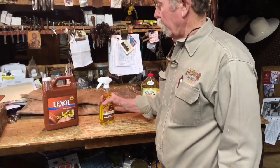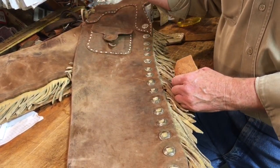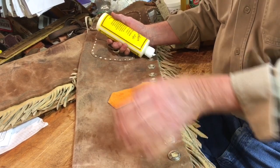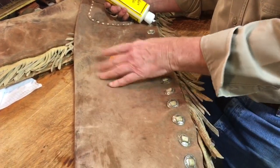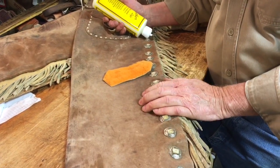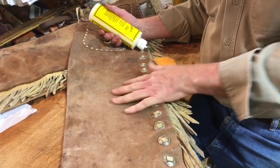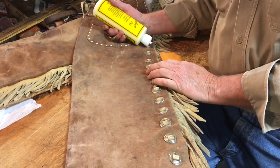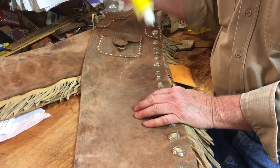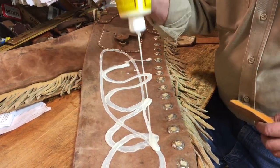All right, we'll go ahead and do an application here so you can see how we apply this. We're going to just use this Cali because it's easy to put on, and whenever we get a pair of old leggings like this in, they're pretty stiff. Some guys like stiff leggings, and we're not going to change that a whole lot. These leggings are pretty old, and the leather just had a firm hand to start with, so we're not going to really soften them up. But it does condition them, keep them from checking and cracking and breaking open, and just makes them last a lot longer. This Cali's kind of a liquid, and we like to